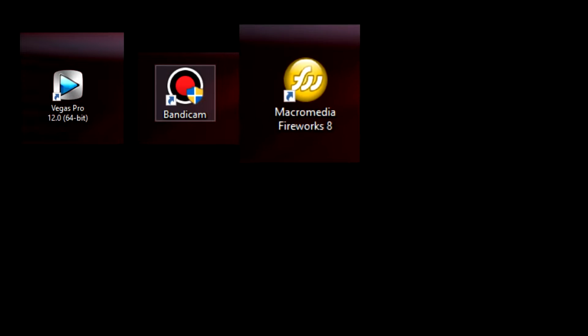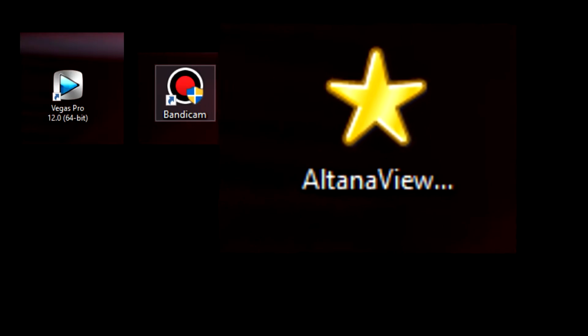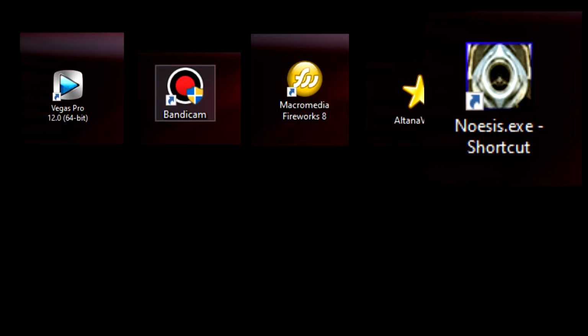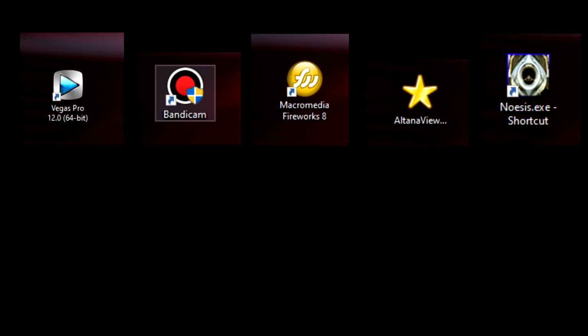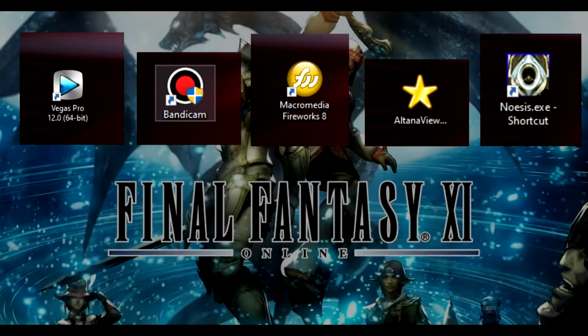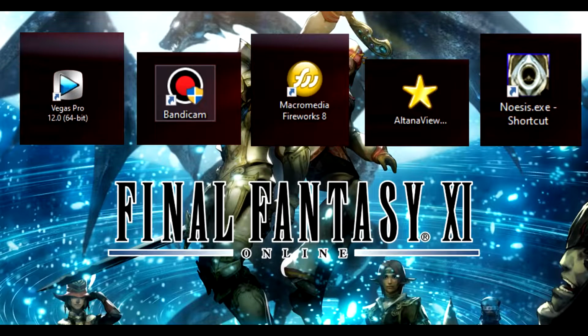Macromedia Fireworks, a very old image editing software which I use on occasion to modify background elements to a scene. Altana View and Neosis, which are Final Fantasy model viewers. These display characters or objects within the game that I can use as footage. Lastly, Final Fantasy XI, which I use for background scenes.